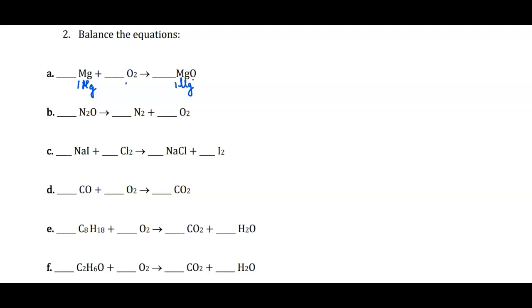O2 gives us 2 oxygen and 1 oxygen here. And you see it's not balanced. We need 2 here. The way to do it is to double the coefficient, right? In front of magnesium, there is none for now, but we need it to be doubled. I mean, if it's non-written,